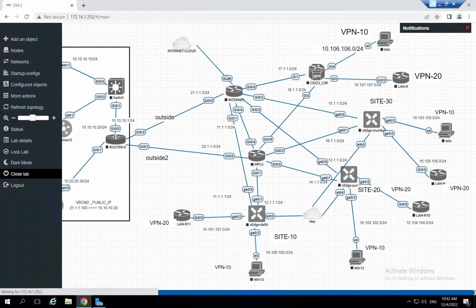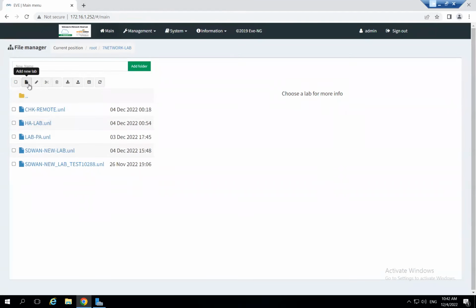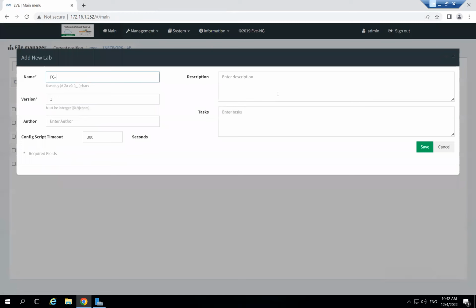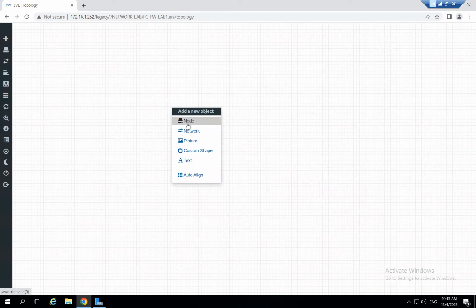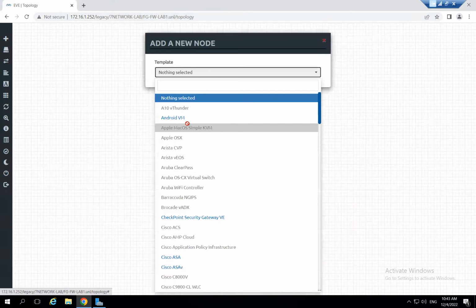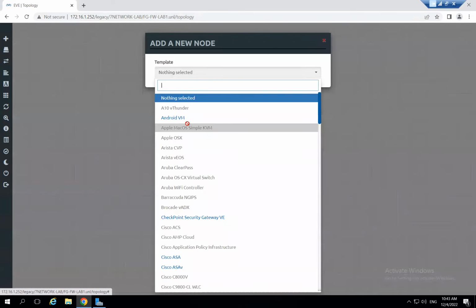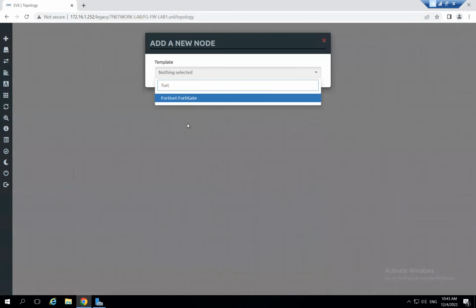I'm trying to build a new setup now so that we can understand how FortiGate works and how we can start the configuration of FortiGate. So that's FortiGate lab number one. Here our agenda is to understand how the internet works, how we can perform packet sniffer, and how we can get the packet captures from your FortiGate. So let's have a scenario-based understanding. I'm going to start with one scenario